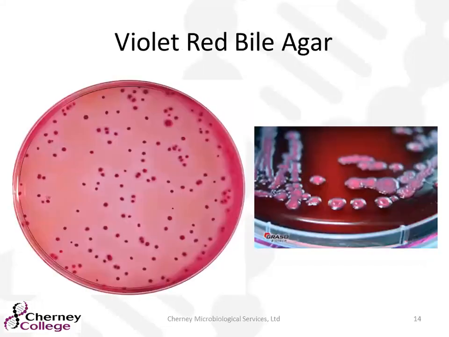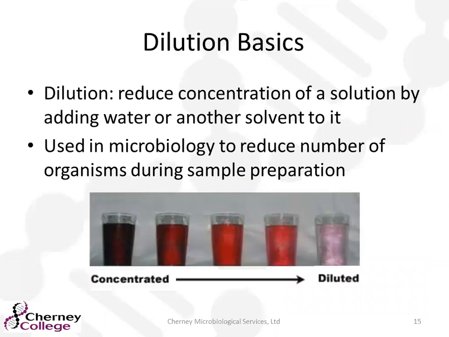And then just a visual here on violet red bile agar, or VRBA, is our Enterobacteriaceae. So how do we get to the point where we can look at a pretty plate like this and say, okay, here's our count? One of the first things that we start talking about when we talk about indicator organisms